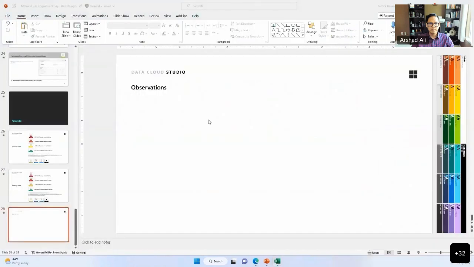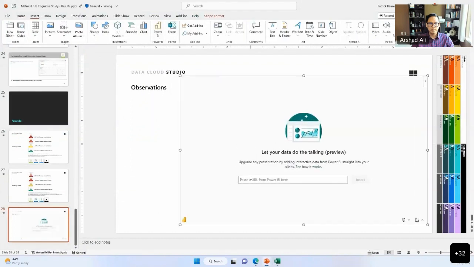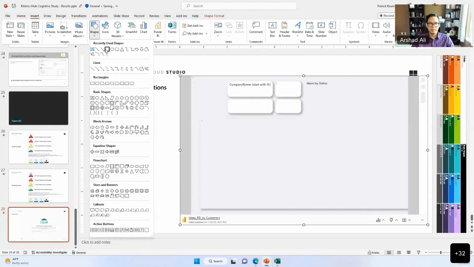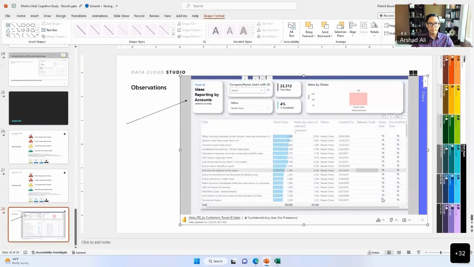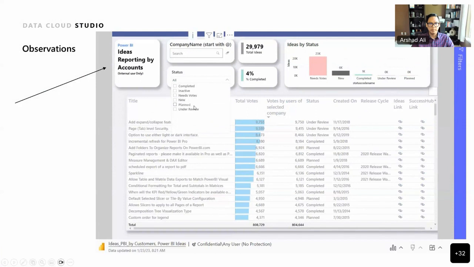Next, let's take a look at how we have made interactive reporting fully integrated into PowerPoint. With just a few clicks, I can add any of my reports directly into a PowerPoint presentation. Best of all, this works seamlessly with PowerPoint features like shapes and animations and is fully interactive in presentation mode. This is a great way to not only create interactive data storytelling as part of a presentation, but it saves a ton of time replacing the need to copy and paste charts and manually update weekly or monthly business review